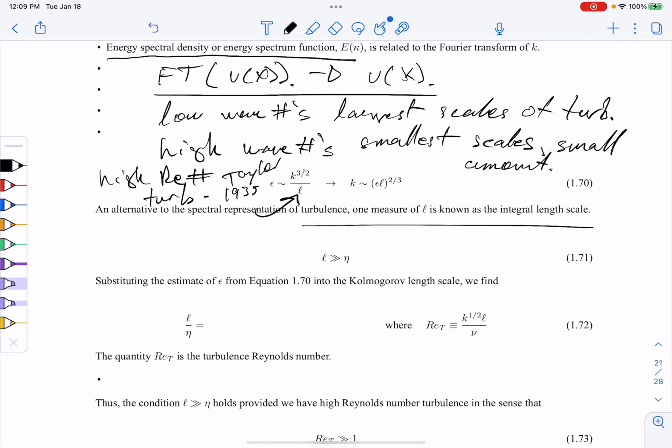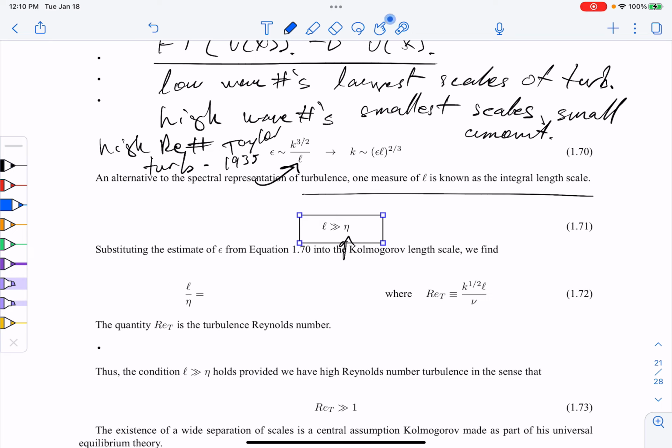Part of this theory, and you can see it by looking at simulations or just natural flows or clouds, is there's always tiny, tiny little eddies which have the length scale eta, right? And you have large scales. So we make this observation that L is much larger than eta, much larger. How much larger? Well, with increasing Reynolds number, you would expect that the range between the largest scales and the smallest scales of turbulence would keep increasing. And one might wonder, well, how does that work? Well,